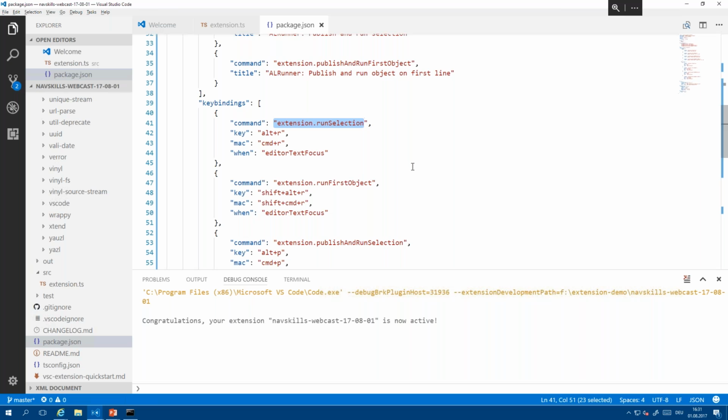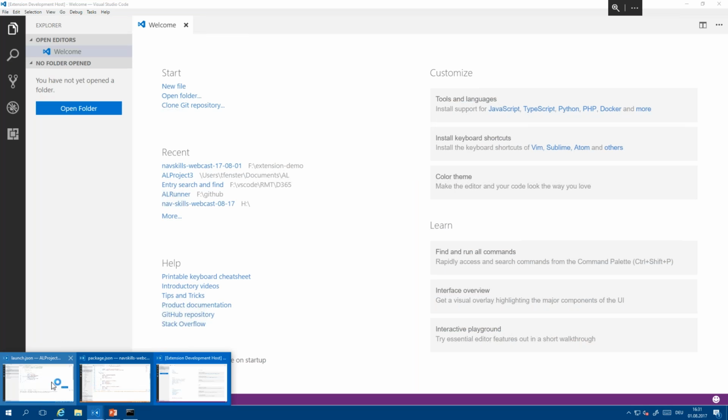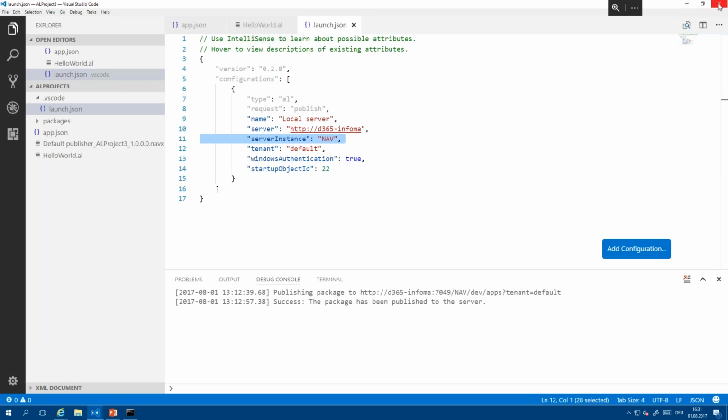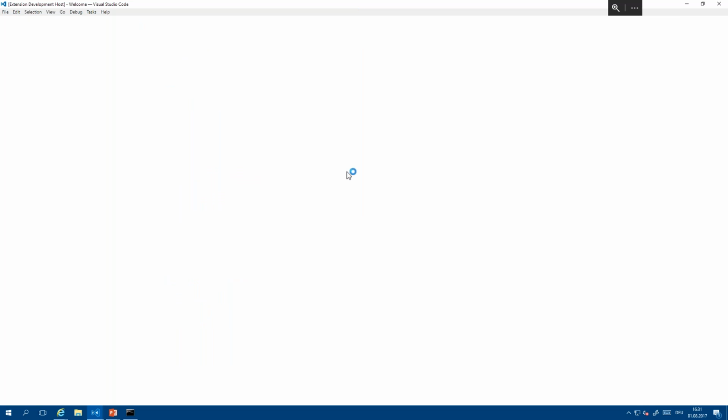So with that, we are finished, and I am pressing F5 again. Our extension is built and deployed. And because I already opened my Hello World project, it's not opening. I close it here, and I'm opening it inside our environment. Actually, we have it here.